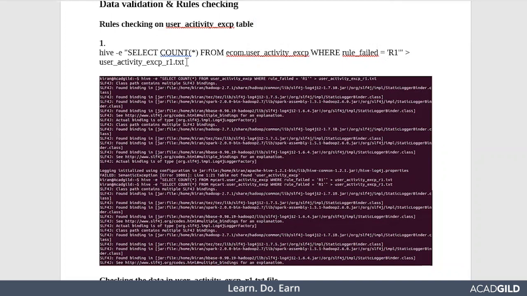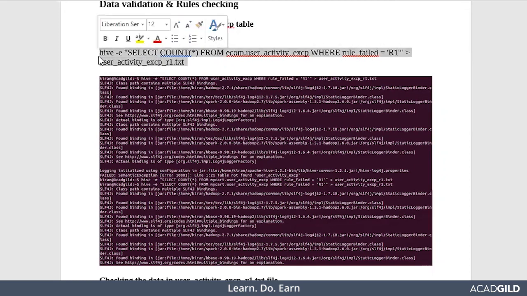Those will get counted and stored in a local file named user activity exception r1.txt. Whatever data is present in user activity exception which does not meet rule R1, count it and load it into the local file system. This query is doing the same thing.